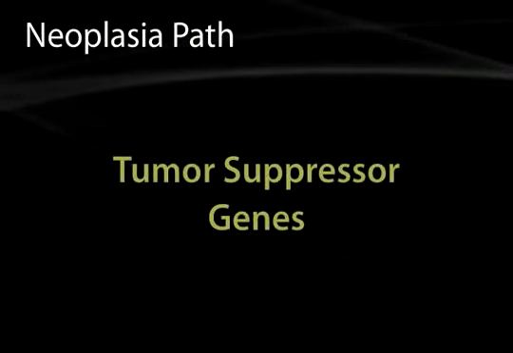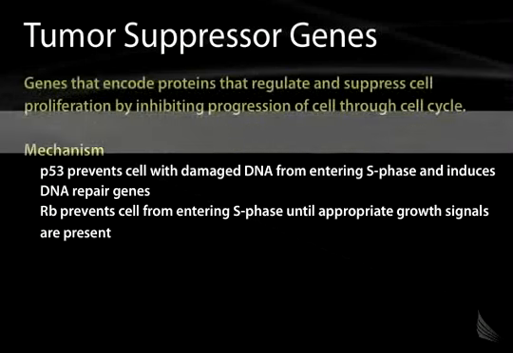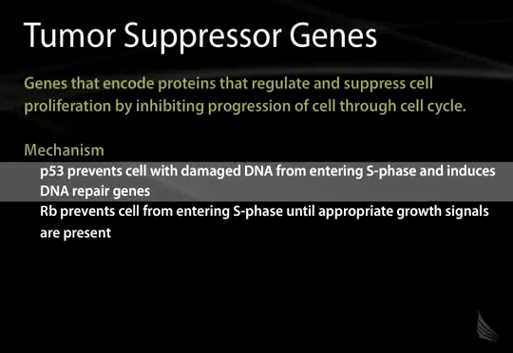Having covered genes that promote and control cell growth and regulation, we're now going to move into those genes whose predominant role is to suppress the development of tumors. Tumor suppressor genes are genes that encode proteins that regulate and suppress cell proliferation, predominantly by inhibiting cell progression into the cell cycle. Some of the molecules that are involved in this are things such as p53, which prevents a